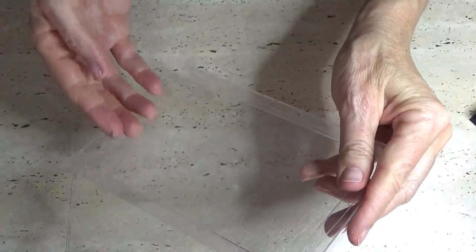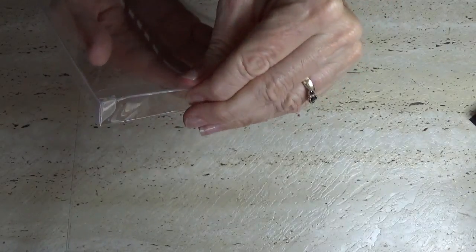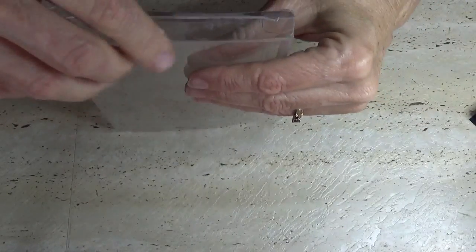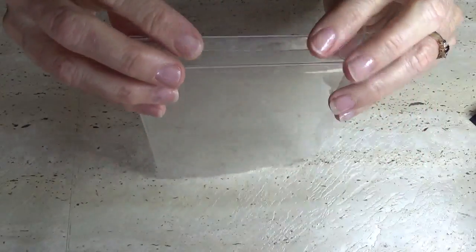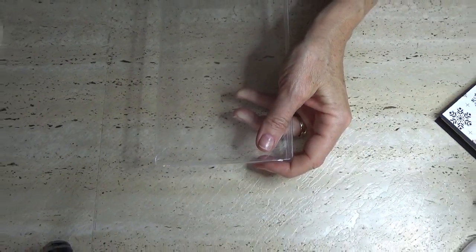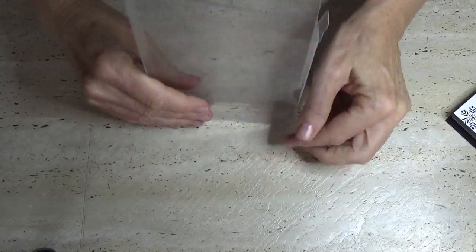So I'm just going to pop my hand inside. Just crease on those folds so you can see it's coming together. Push one of those flaps on one side, and this is what I mean, that if the flap isn't up, it won't close properly. So, go out a little bit for you. Oops. Go out a little bit. So then you've got